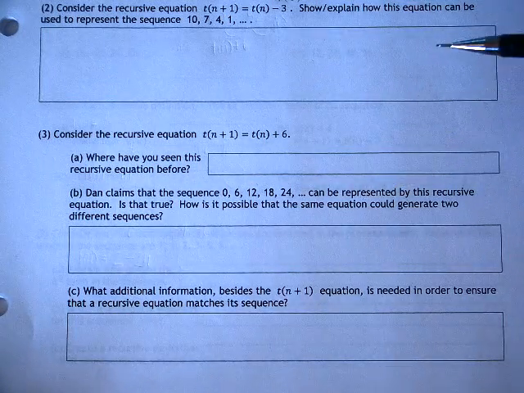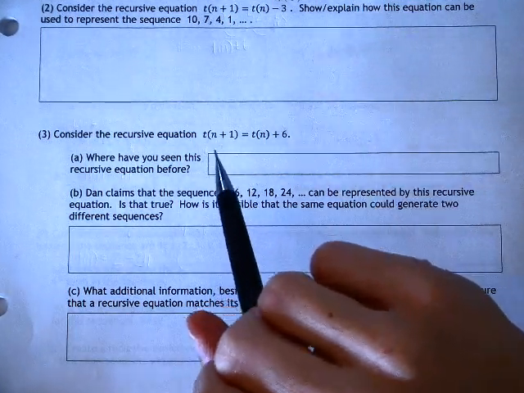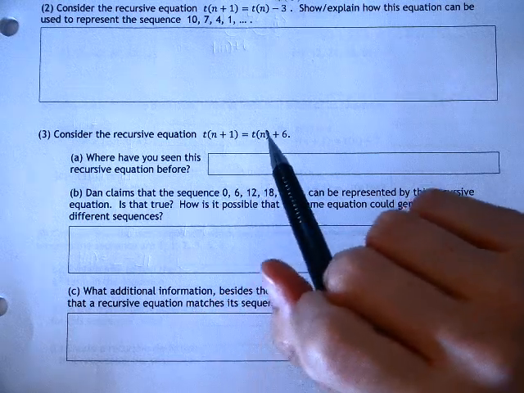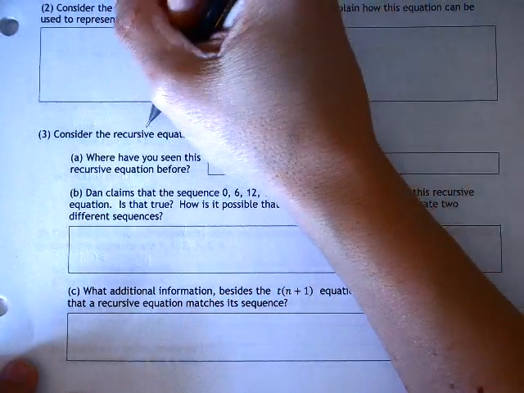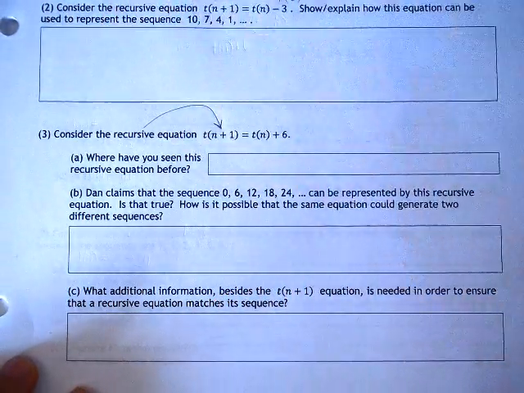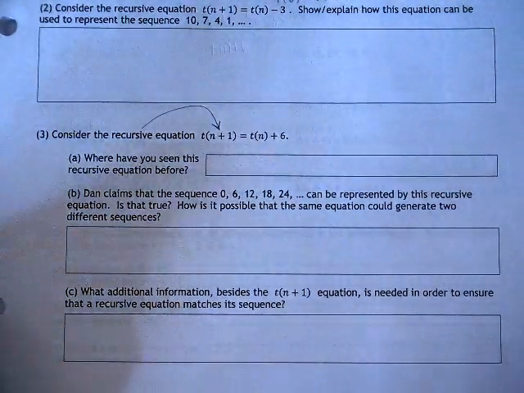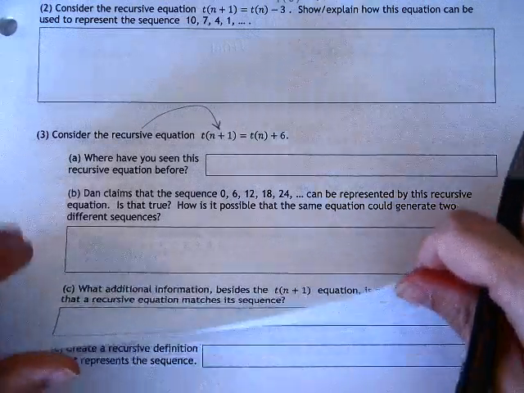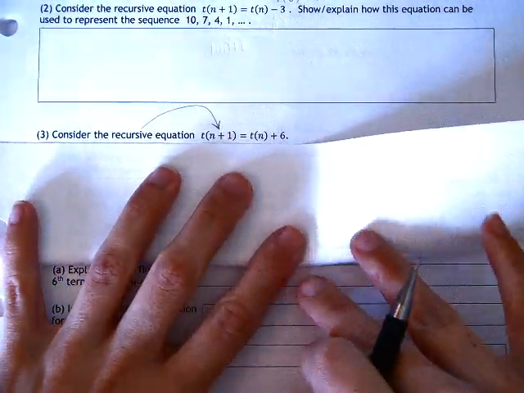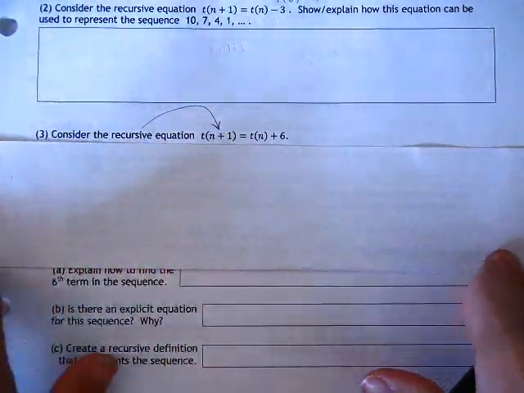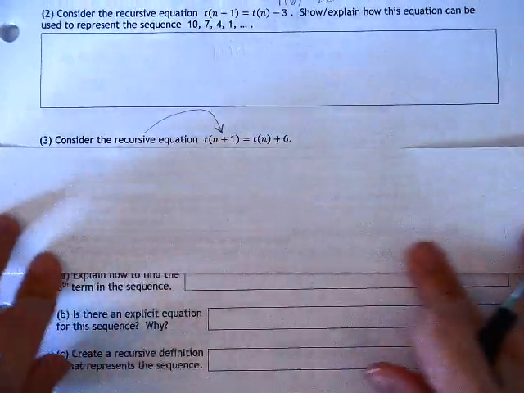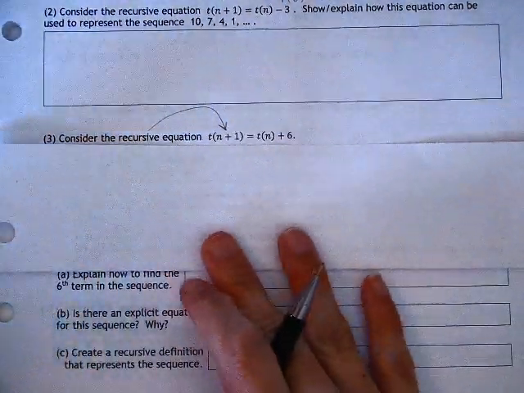In question number 3, we're going to start with a given recursive equation. And again, you can tell that the hallmark of a recursive equation is this n plus 1 notation. That might be just a quick little note to keep in mind. Although I'm folding up the bottom of my paper just to make myself a bit of scratch space, you may want to consider recording this on some sort of note sheet